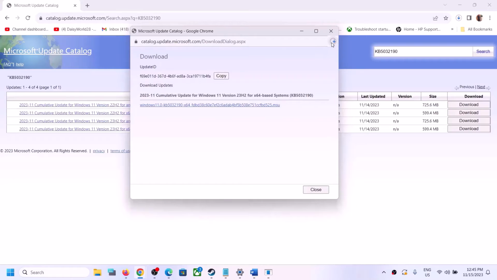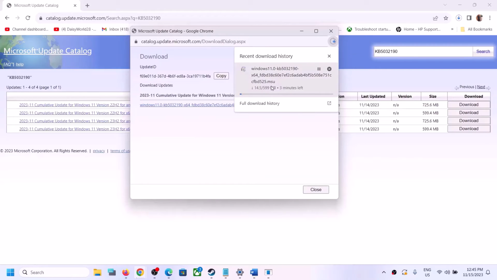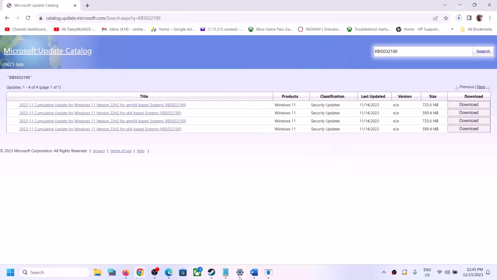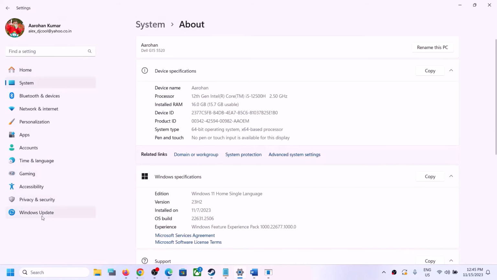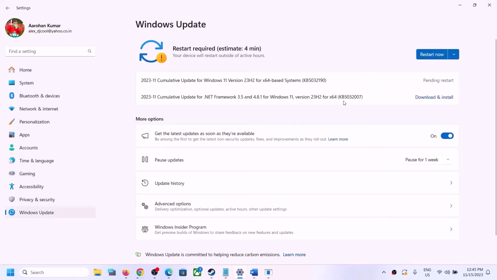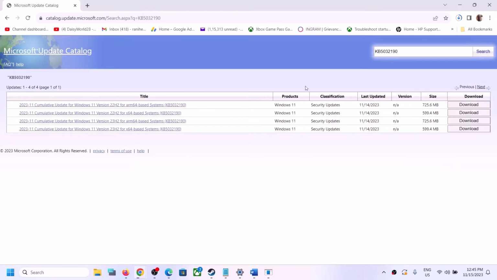Once this download is complete, you have to run this file. Click on this file and you can install this update manually. Similarly, if you want to install KB5032007, you can copy this update, write down the name of the update over here and then